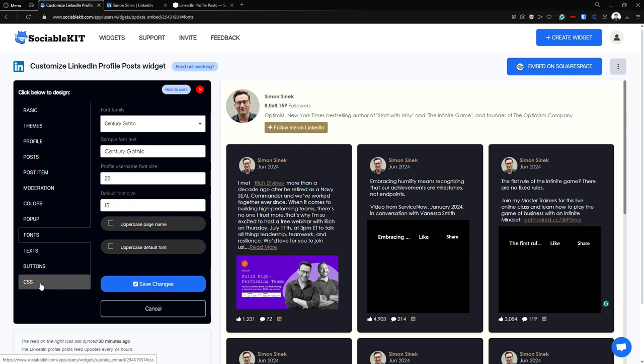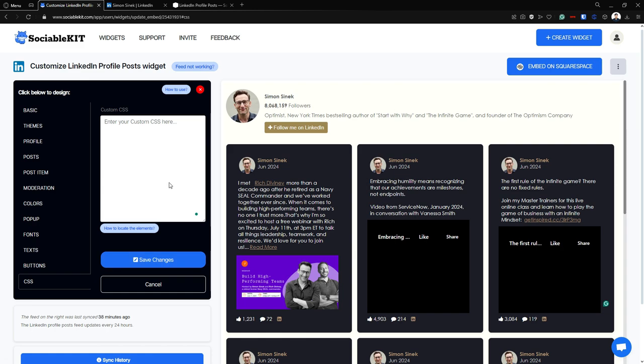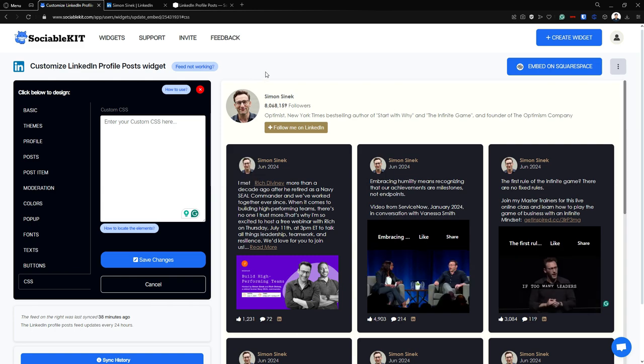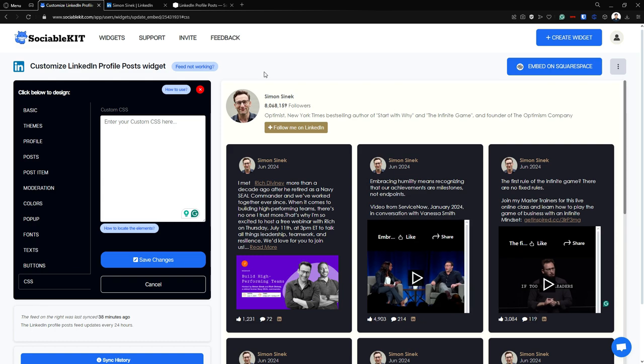Now lastly, in the CSS tab, if you have any kind of design or any CSS that you want to add, you can also put it in here to add into your feed. Moving on, if you have already finished customizing your feed, we are going to embed this now into our Squarespace by clicking this button,